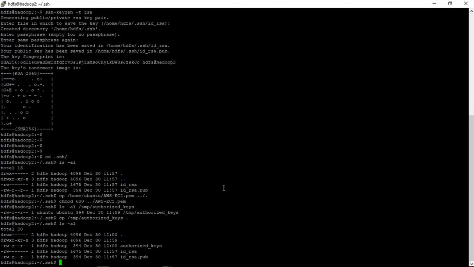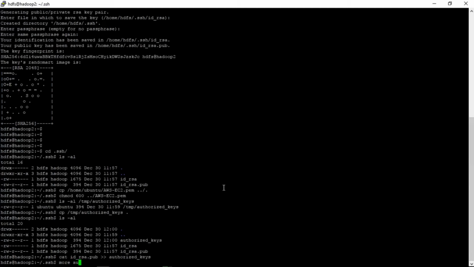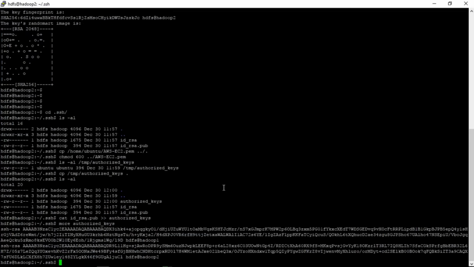Let's see, we got that. And we'll use this to copy the contents to authorized keys. If we see the authorized keys, then we'll have the Hadoop 2 information as well, as you can see. Now we'll have to copy this using our access key,